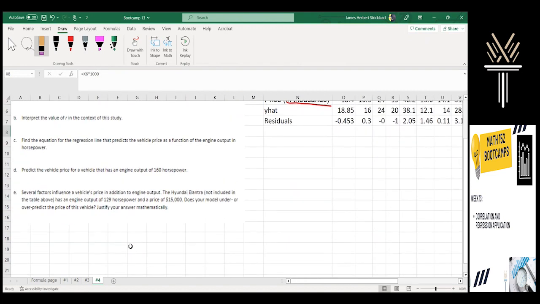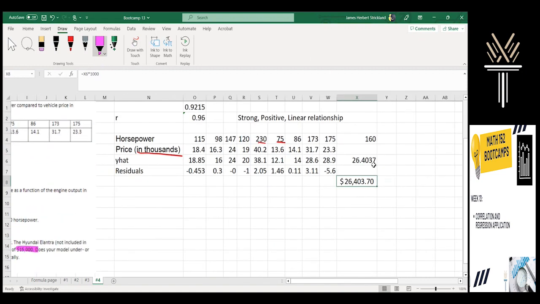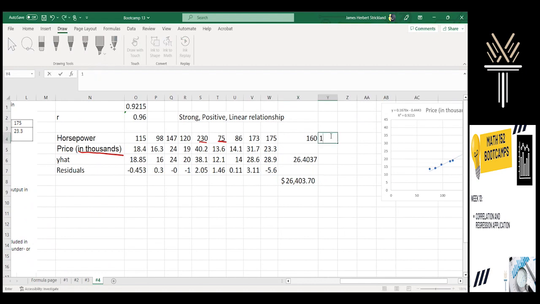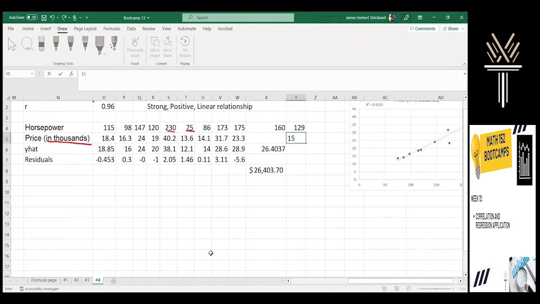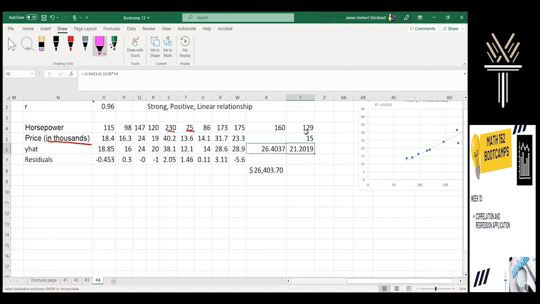All right, last question of my bootcamp series. They want us to make a prediction for 129 and compare it to an actual event. So in other words, we're looking at the residual. So let's add it to our chart again. 129. They're saying the actual price on it is 15,000. So I'll just write 15 here because it's in thousands. And now I want my prediction, so I'm just going to bring it over one square. Of course, you could just manually type it in if you like, but there's our prediction relative to what the